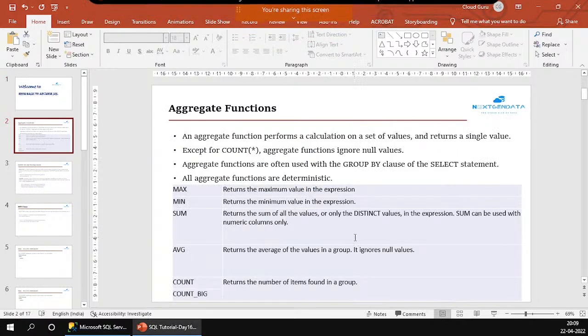So I was talking about the sum function. Now, average. What it will do is the summation of all the numbers in the column, and it will divide by that particular sum and provide the average. So in each and every